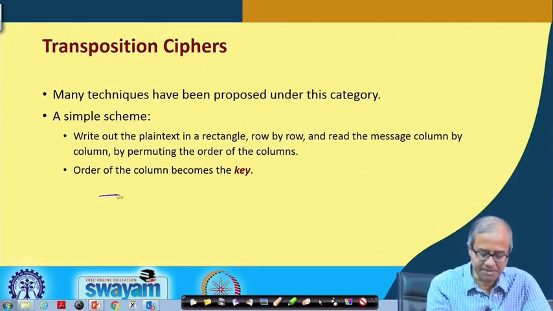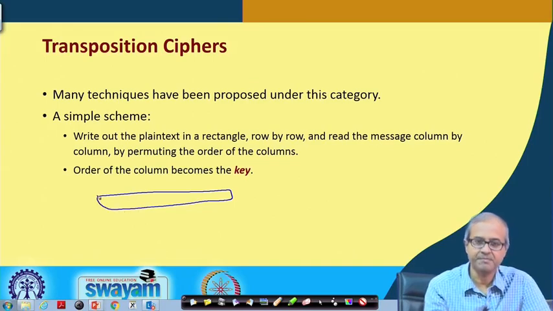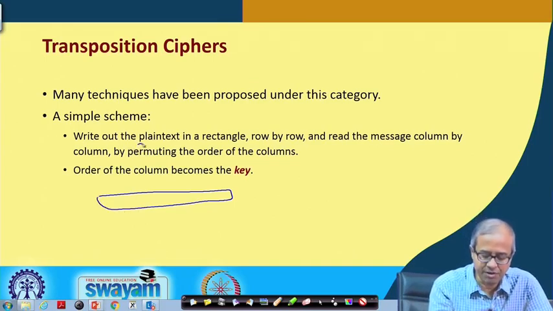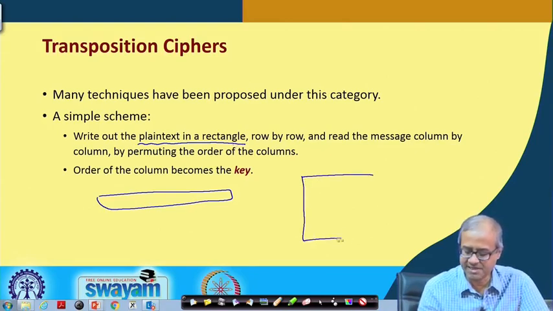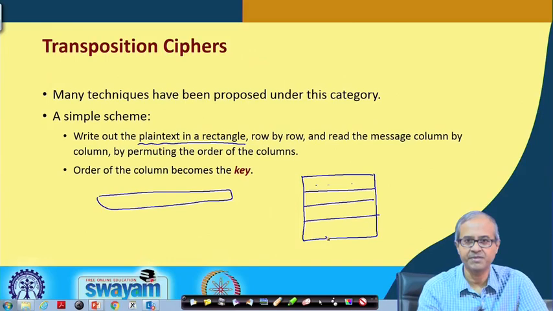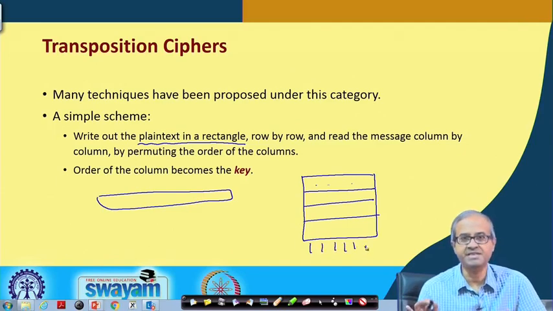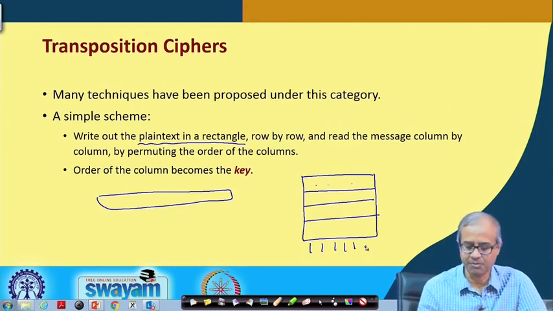Suppose I have some message to be encrypted. First thing is that I write out the plain text in a rectangle. Rectangle means number of letters in a row is fixed. So, I write certain number of letters in a row, then in the next row, then in the next row, like this. Row wise, I write down the letter in a rectangle. Now, the number of columns in the rectangle, that is part of the key, that I will not tell anybody. I share it with the receiver, number of column,